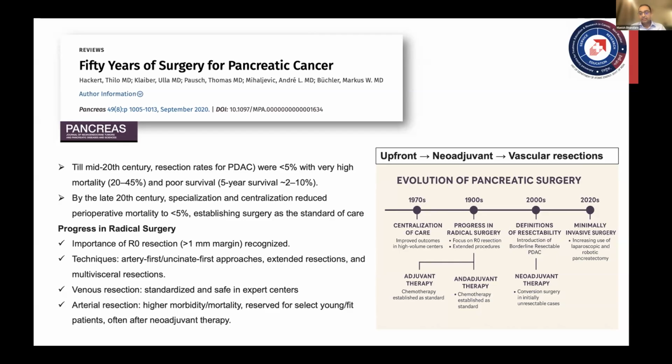But later, toward the end of the 20th century, what changed was there was specialization and centralization, which in turn led to improved techniques, standardization, and then a safe surgery. The surgery also improved, the radicality also improved, the importance of R0 resection was identified, and techniques for better R0 clearances, the artery-first approaches, extended resections, and multivisceral resections were all devised. Surgery became safer, with perioperative mortality under 5%. And this, I would say, was a turning point in the management of PDACs per se,